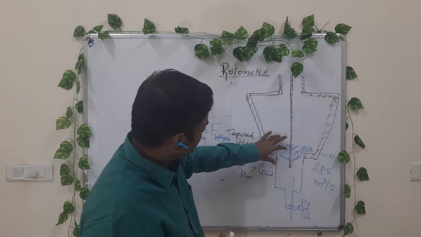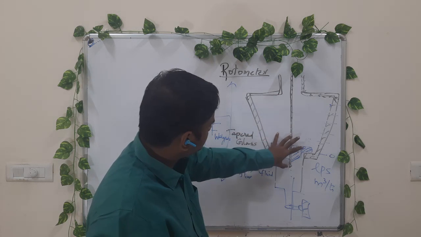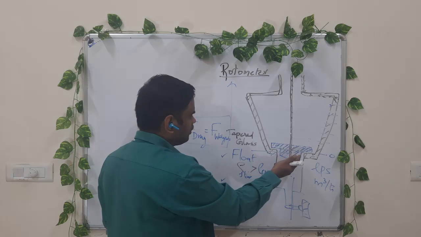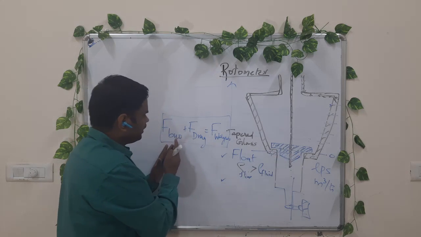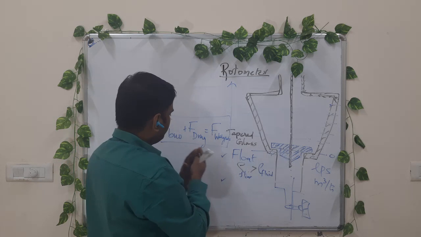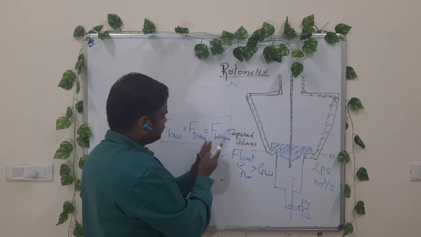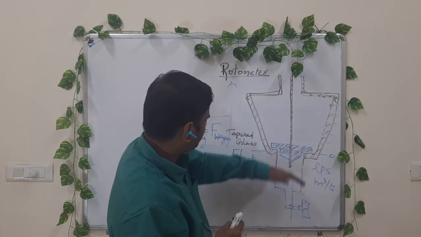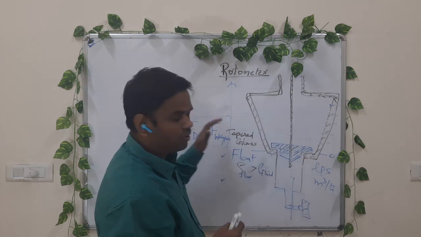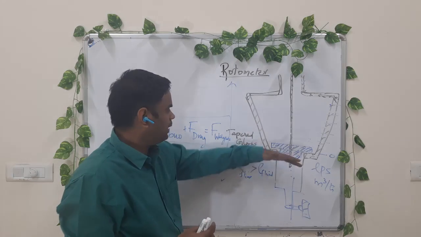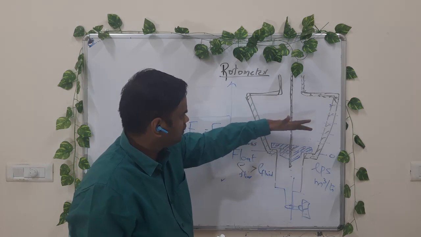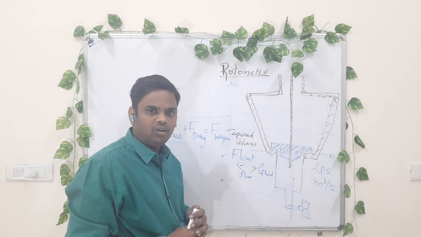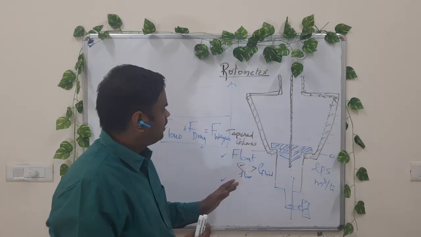This device is made simple, and there are only three forces acting on this float. So we have buoyancy force, drag force, and weight force. When the sum of buoyancy force and drag force is balanced by the weight force, that will be the equilibrium position. For each volumetric flow rate, you are going to have a certain balanced equilibrium position, and based on the equilibrium position of the float, we will get the direct reading of the volumetric flow rate. So it's one of the